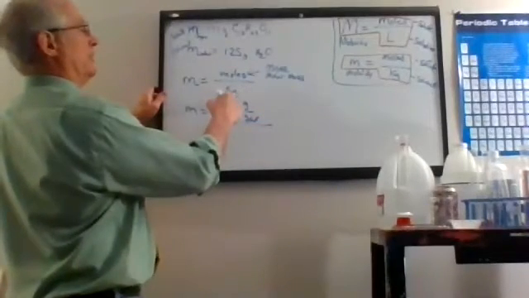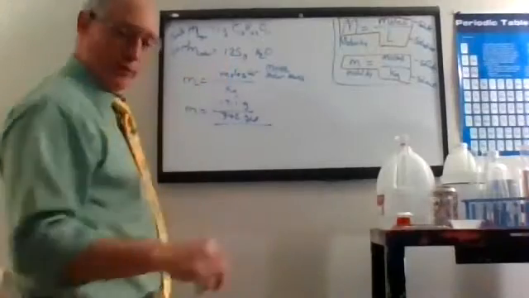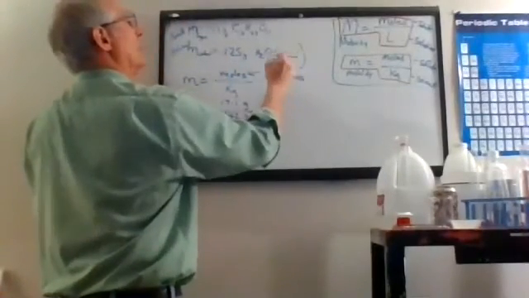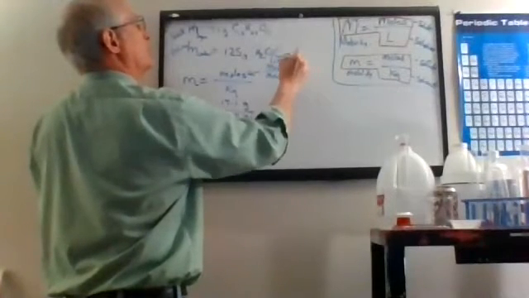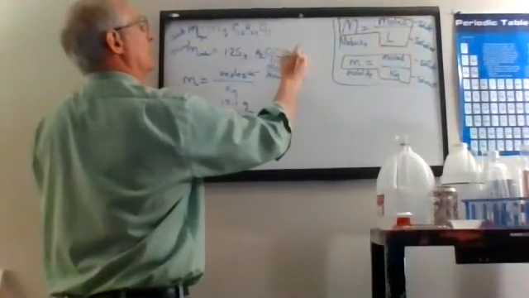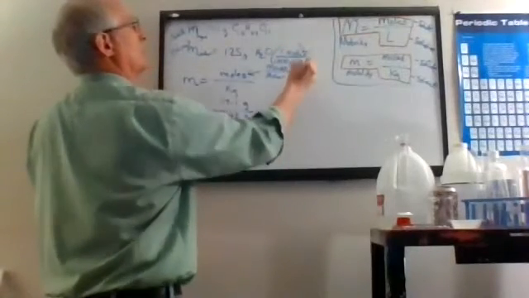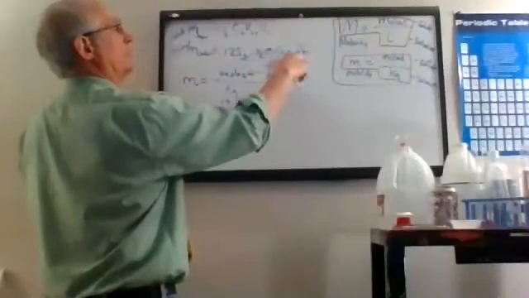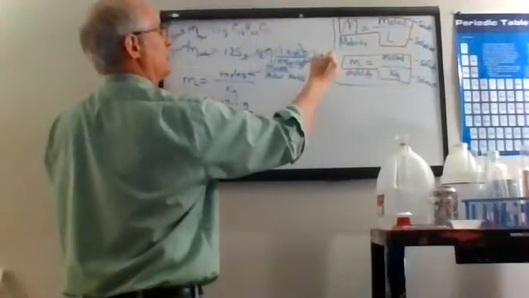And you put that over the kilograms of solvent. 1,000 grams of water is called 1 kilogram of water. Grams of water cancel, and we take 125 divided by 1,000, and we get 0.125